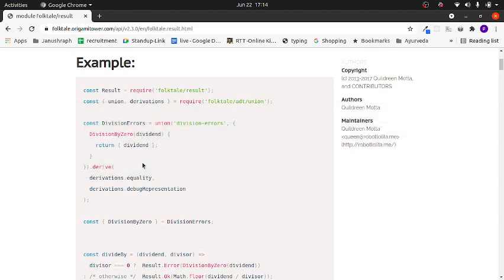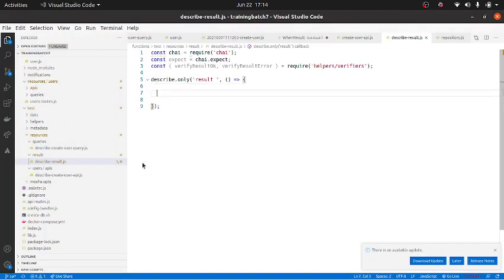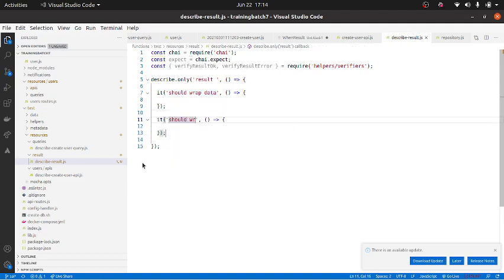So it should wrap data, and it should wrap error. Okay, Result basically holds data or it holds error, right?